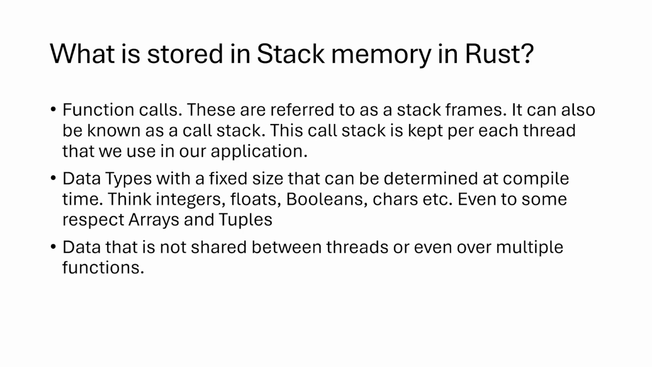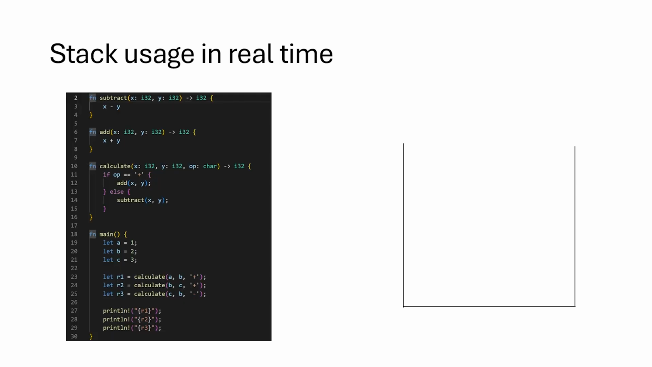We're talking about if we're using some global value and it's being used in multiple calls. That's not going to be stored on the stack. That's going to be stored on what we call the heap. Okay. So now that we have a slight idea of what the stack is going to be used for, let's